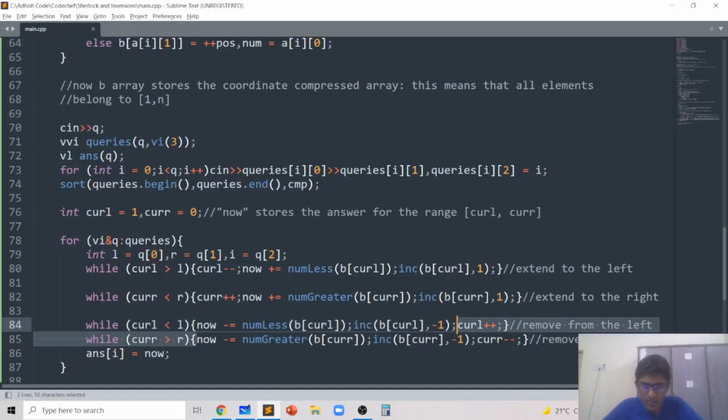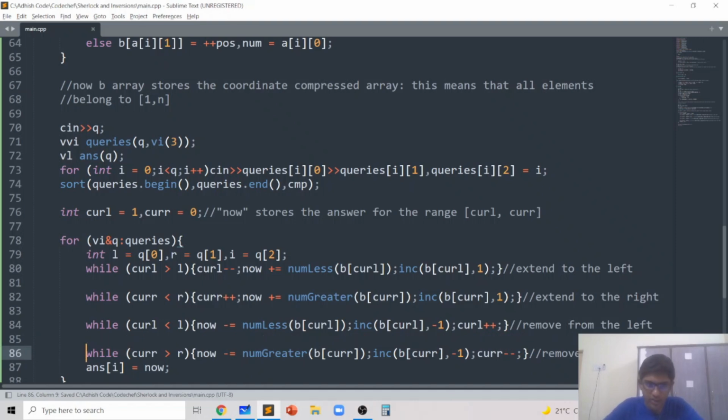And I do a similar thing for the right index. I decrease the answer by the contribution, which was num greater B of cur R. I decrease the frequency of the right by 1, and I decrease the right index to basically remove the right index.